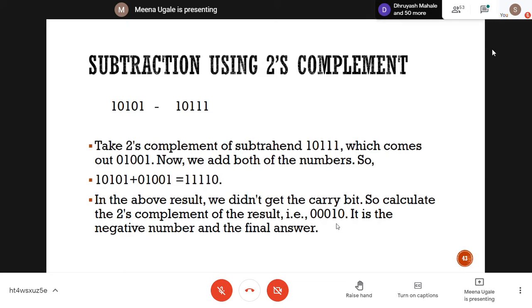Ma'am, can you please explain once again? Yes, okay, fine. You got this 2's complement first, how to find the 2's complement, right? Now Ma'am, I was not there in the meeting for a while. So you joined late. No, ma'am. Yes, I went for CSI committee work, so I came just now, ma'am, 5 minutes ago. Okay, fine.